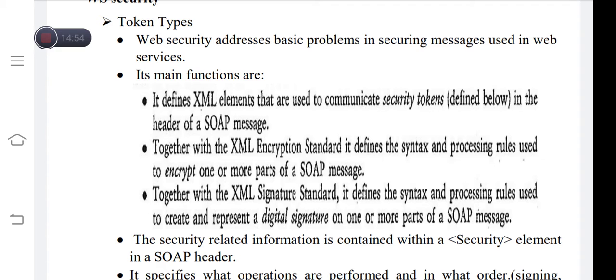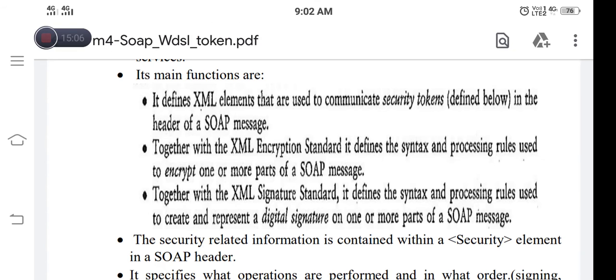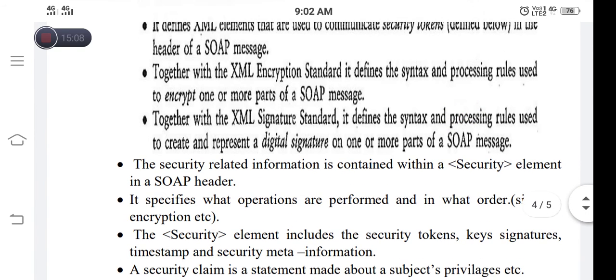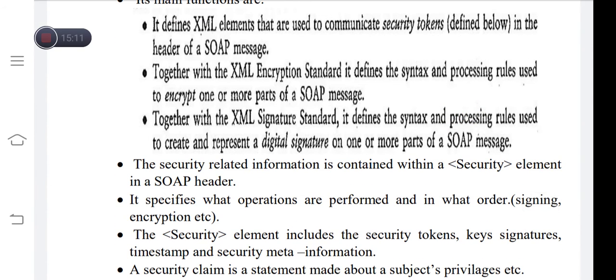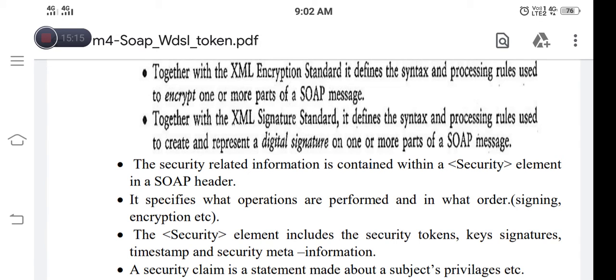So basically, the main functions are to define XML elements, and to use the XML encryption standard and the XML signature standard. The security related information is contained within a tag known as the security element in a SOAP header.